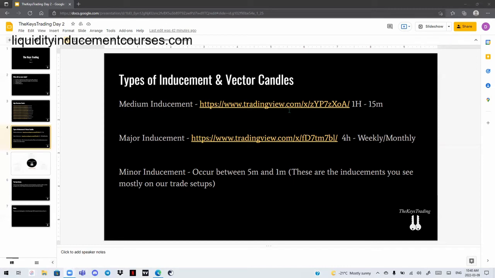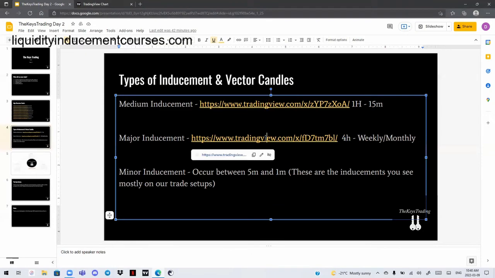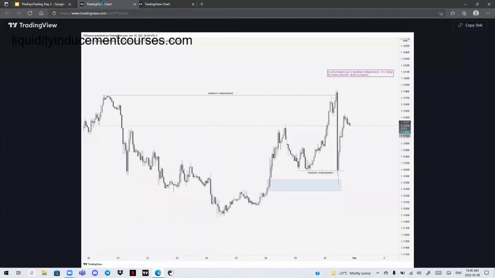So, as I was saying, this is the medium inducement. I'll show you it now, and I'll show you all of the different types of inducement on the charts. But this is an example of the medium inducement. This is the 1 hour high, and this is the 1 hour low, right? You can look at it like that. This is formed as the support and resistance zone, by the way. So that means that this area,